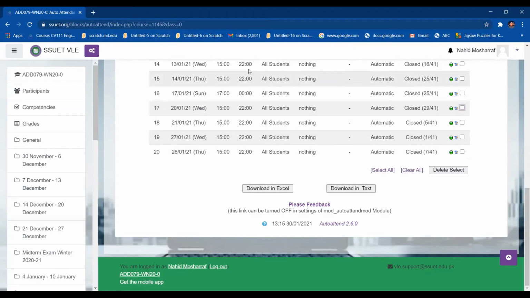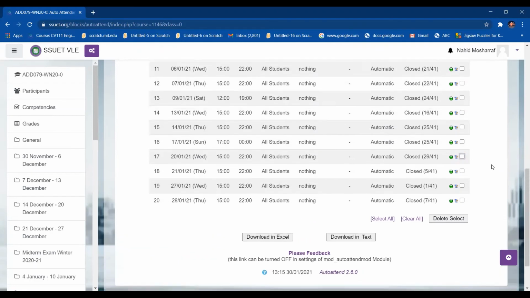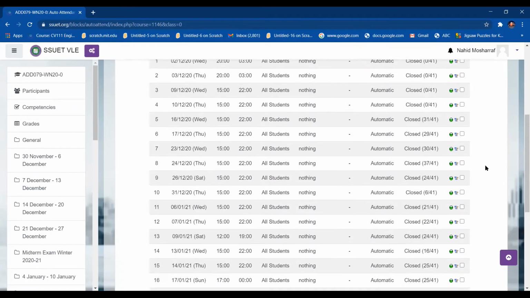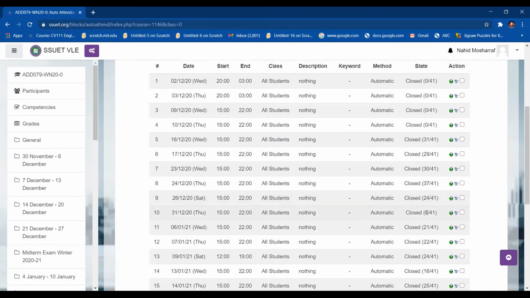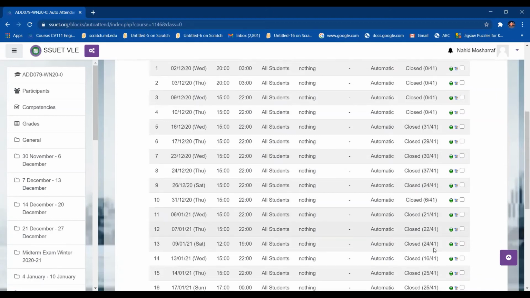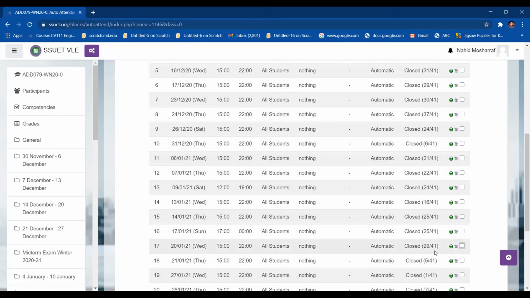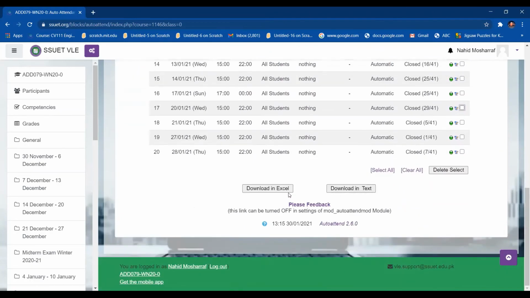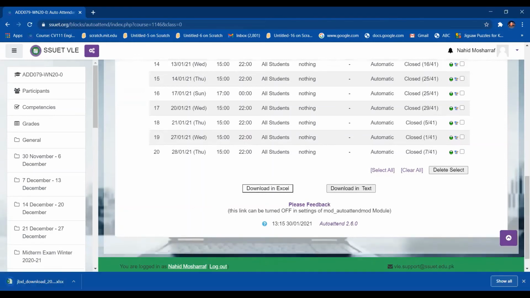So you can see over here, I have conducted all the classes, and you can see how many students entered the classes. For example, there were 41 students enrolled. So 24 students marked their attendance or visited the course on the same day. Of 41 students, 37 students are present. This is the graph you can see, and you can find out this attendance as well. For example, if I want to download it in the Excel sheet, let me show you this one thing as well.